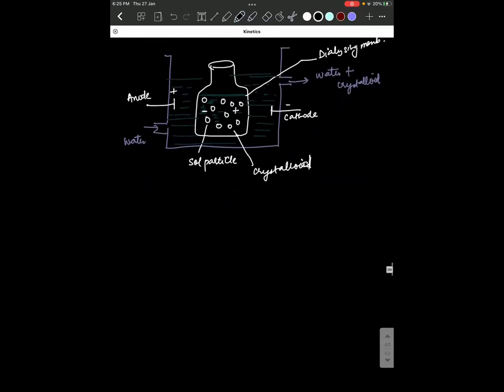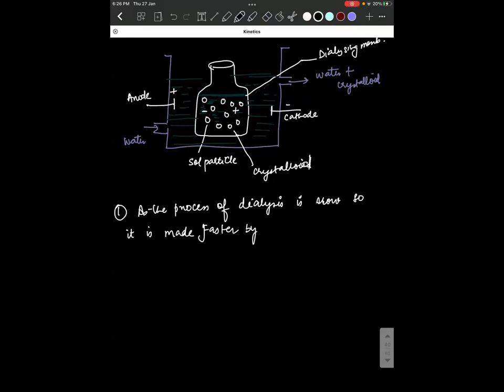We need to write that as the process of dialysis is slow, it is made faster by, at this point, you can write that